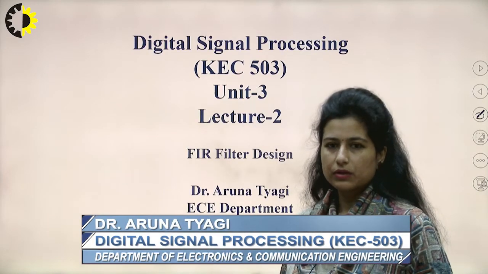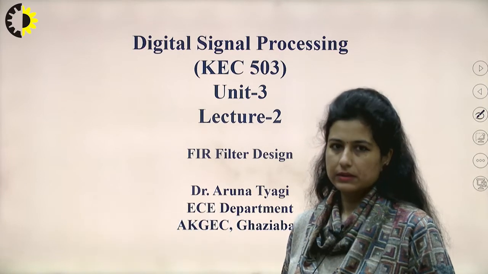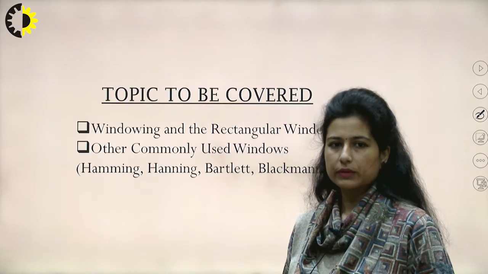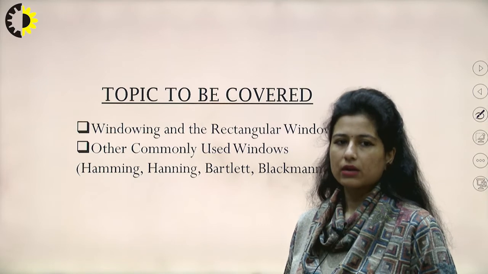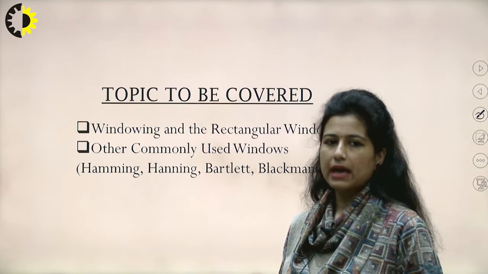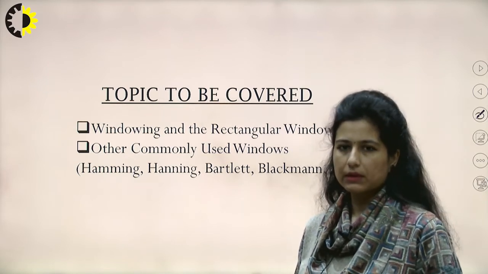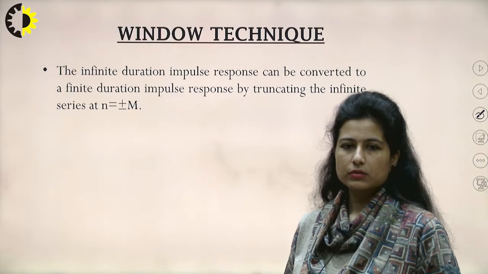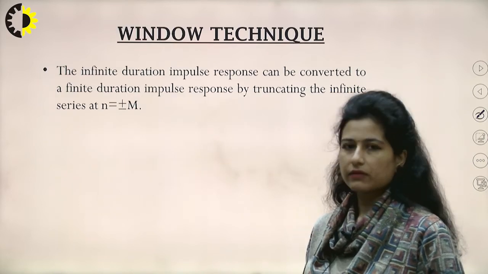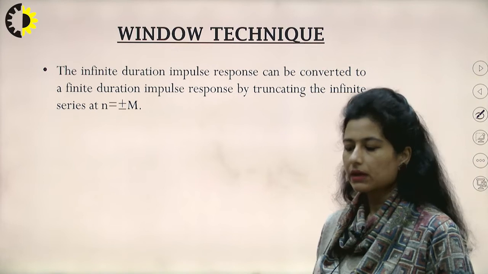In this session, we are going to design FIR filters. So we are going to cover windowing and rectangular window and all other commonly used windows, mainly Hamming, Hanning, Bartlett and Blackman window. So in the last session, we had seen that when we were designing our IIR filter, the